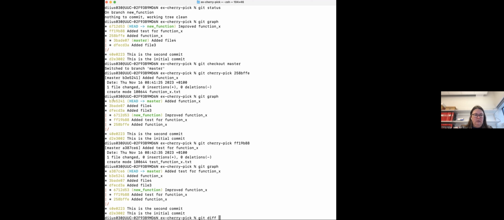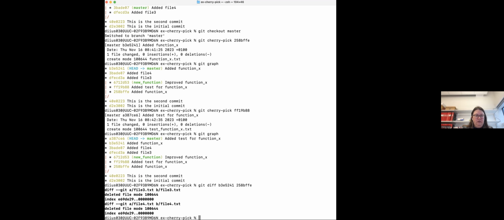Let's compare this with the one where I had the edit function in the new function branch. And so I have actually quite a few differences. It's not so clear here, but